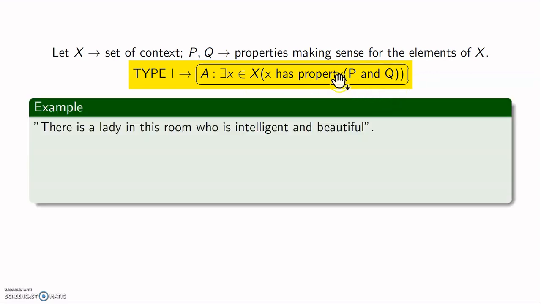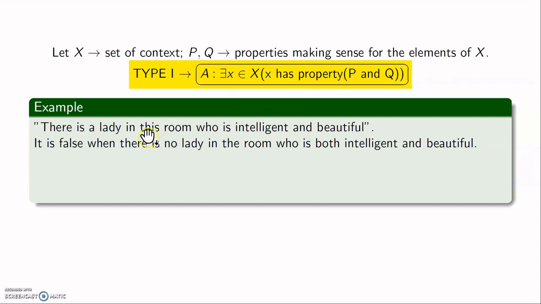I'll take an example of a statement of this type. There is a lady in this room who is intelligent and beautiful. This is a statement of this type, an existential quantifier with a conjunction.